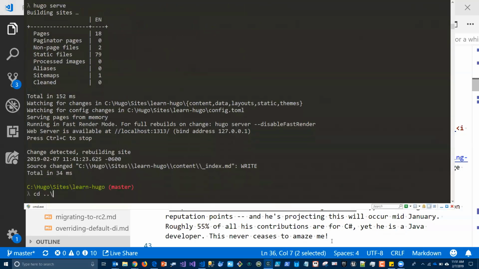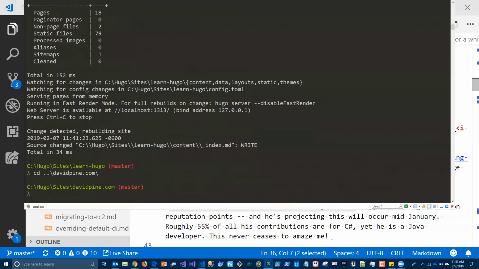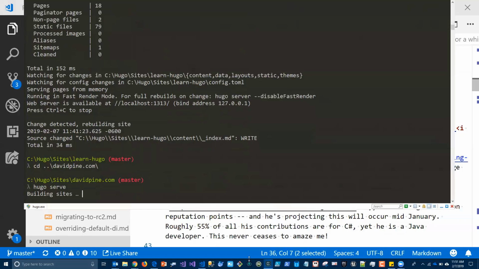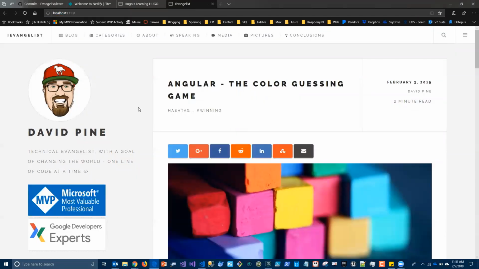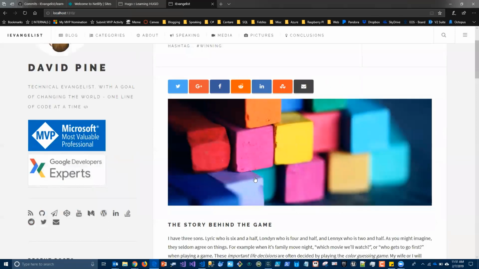So let's stop here. Change directories. Serve locally. I'll be able to go to localhost. So I'm working on a blog post right now for the Angular color guessing game that I built. And I don't know if you've ever